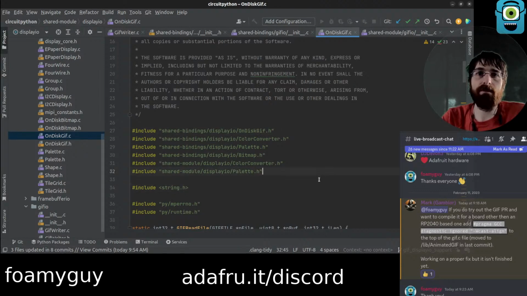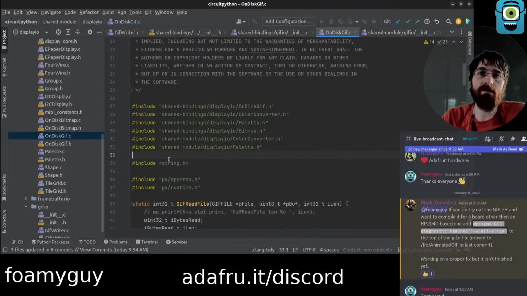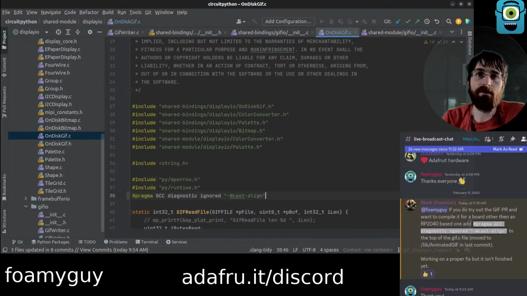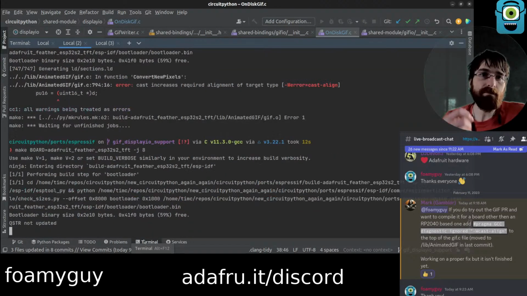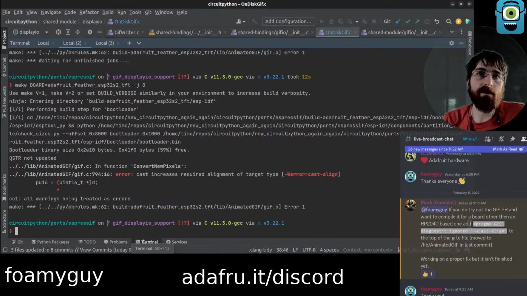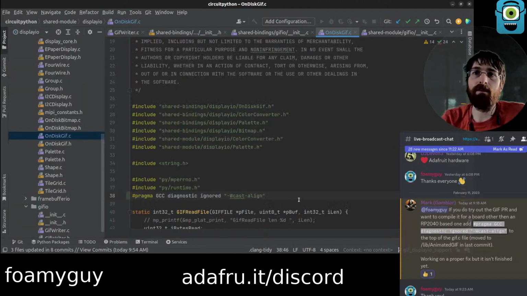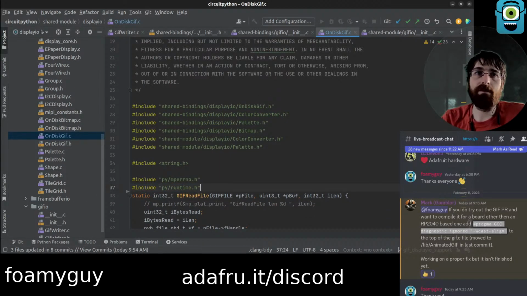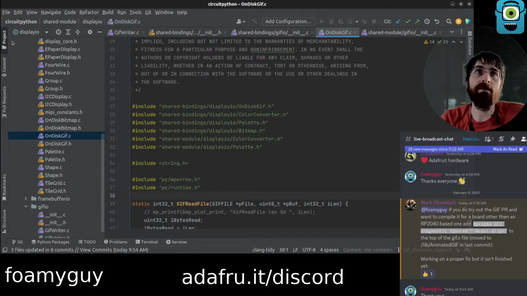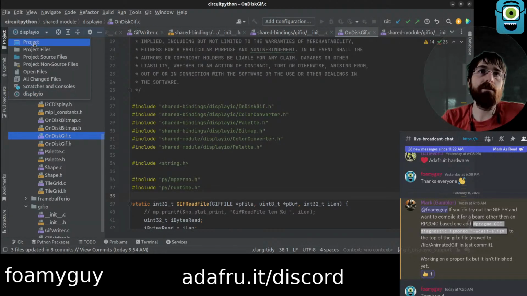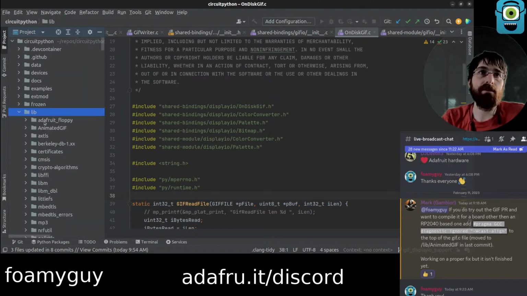Guessing this is the one where it belongs. Should it be at the beginning or after the includes? There, this is saying which file isn't a lib. Okay, I think I'm in the wrong file. This isn't right at all. It's probably inside of lib. I can't actually see because of this. Let's get back to here.